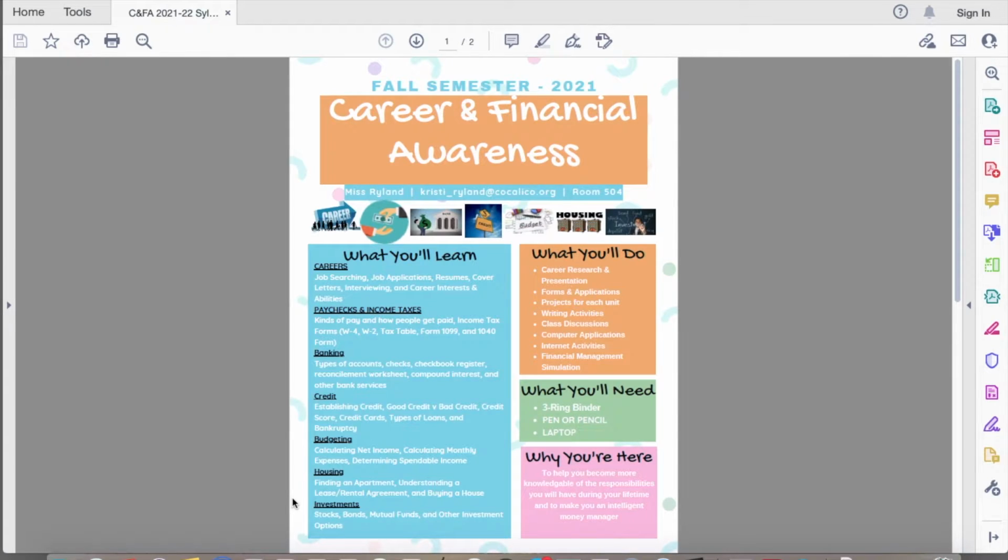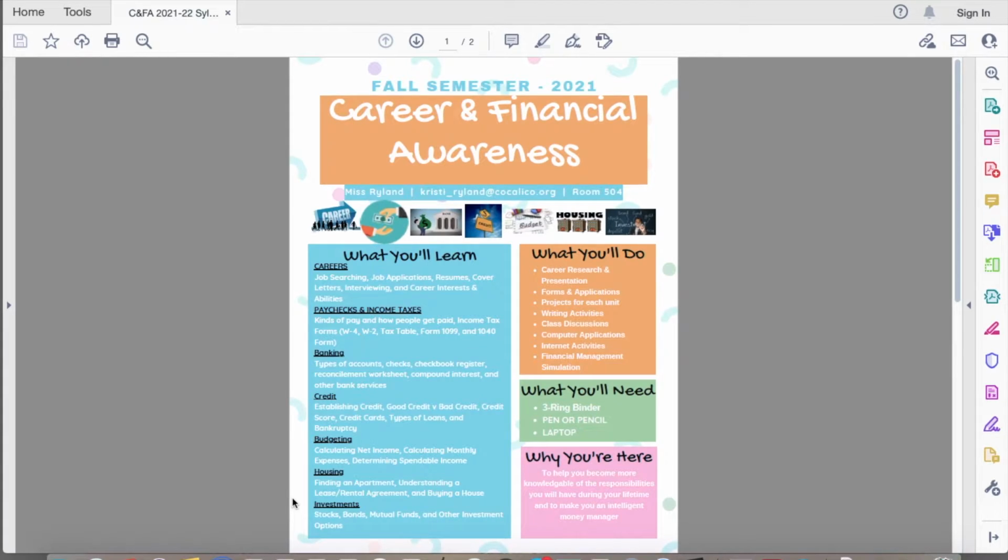We cover several different computer applications: Microsoft Word, Microsoft Excel, PowerPoint, iMovie, Google Docs, Google Sheets, and sharing Google files. We do some internet activities along the way. And then there's a project called the Financial Management Simulation, where they will work with a partner or in groups of 3